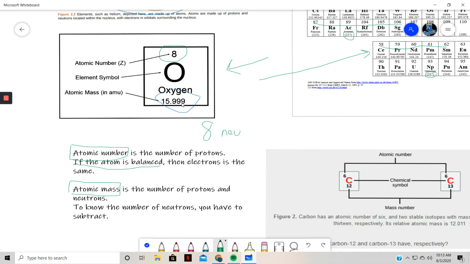Now, when you look at an atom, you can determine the number of protons. If it's balanced, you can determine the number of electrons. But what isn't as obvious is the number of neutrons, and I talk about that right here. To know the number of neutrons, you have to subtract. So if we're going to round this up to 16,